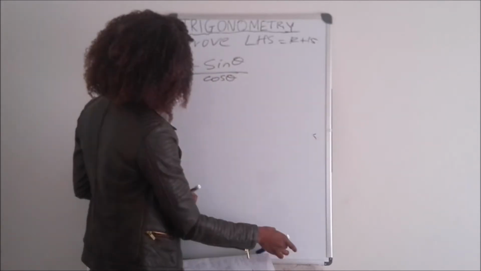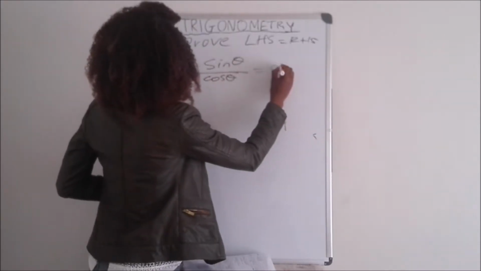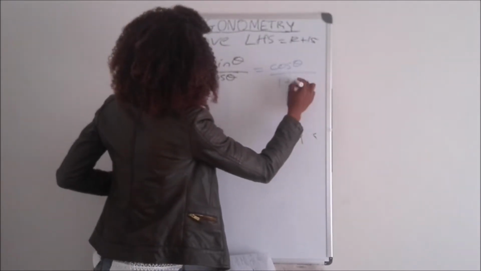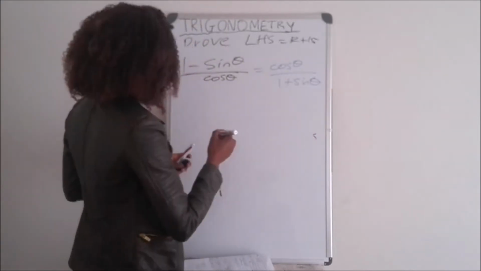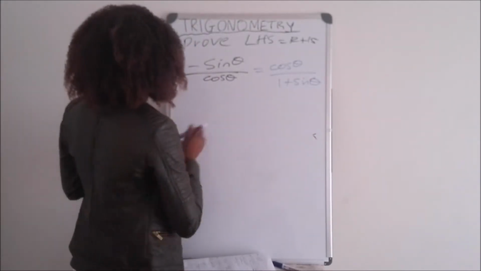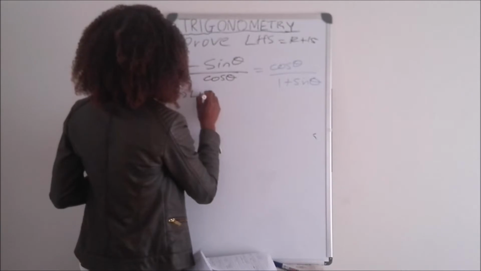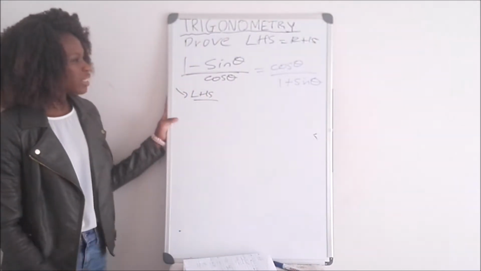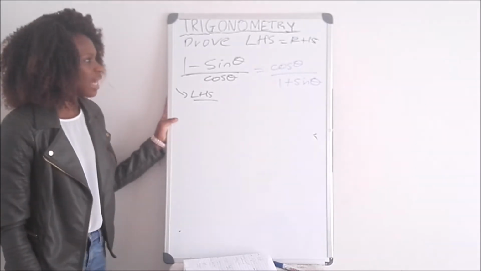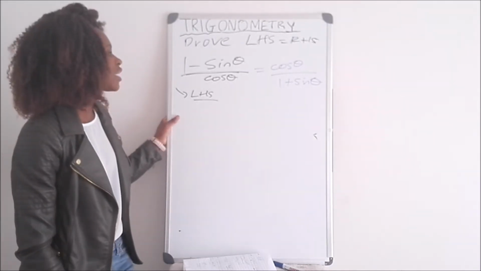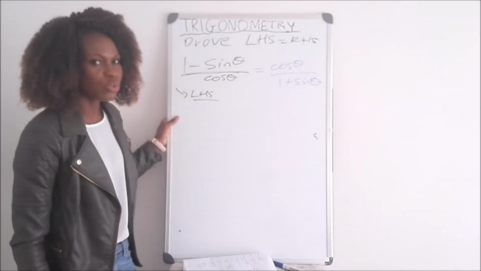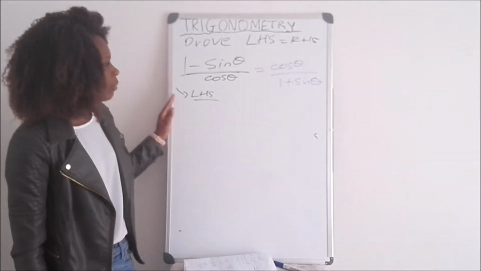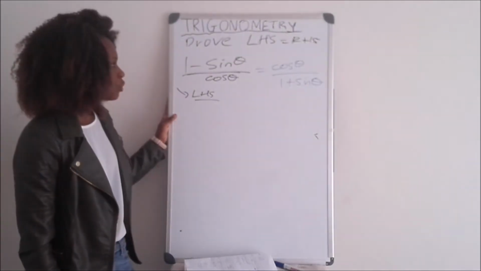Alright, it's equal to the right hand side, which is cos theta divided by 1 plus sine theta. Alright guys, proving from our left hand side, this is the first example of this kind, of which we cannot just prove from the left hand side or the right hand side, because everything is sine, cos, there is no cos squared or sine squared or tan or even an identity. So proving from our left hand side, what we're going to do is to multiply with